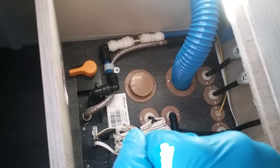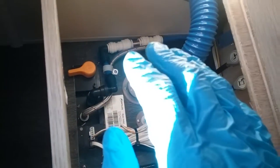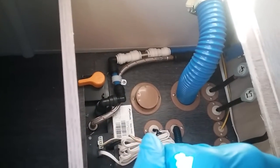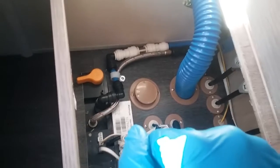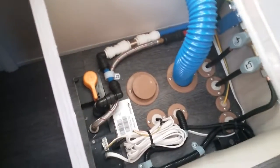I always suggest that if you are fully winterizing the motorhome, that you also go around and open up all the taps as well, because this will help release any airlocks in the system and make it drain down far more efficiently. When it comes to refilling the boiler, make sure the lever's back into this position just here,